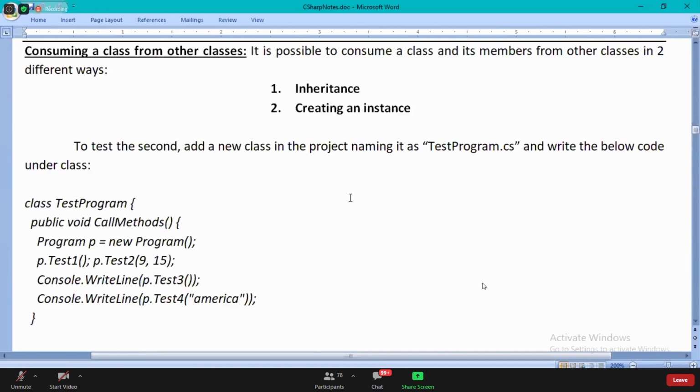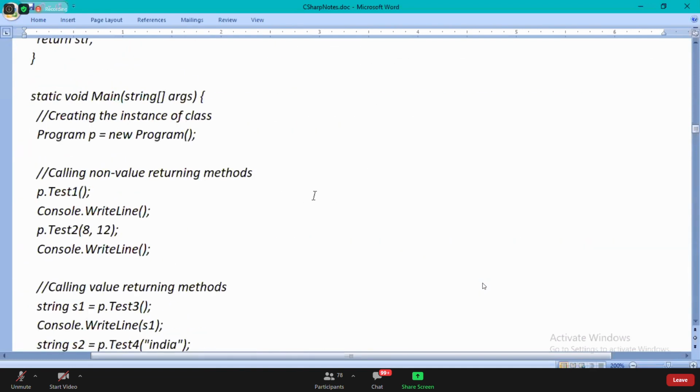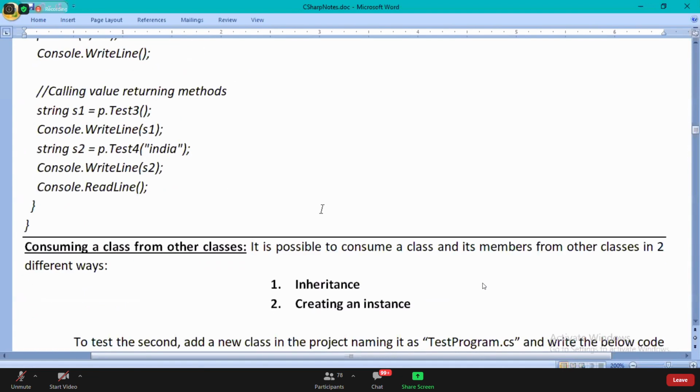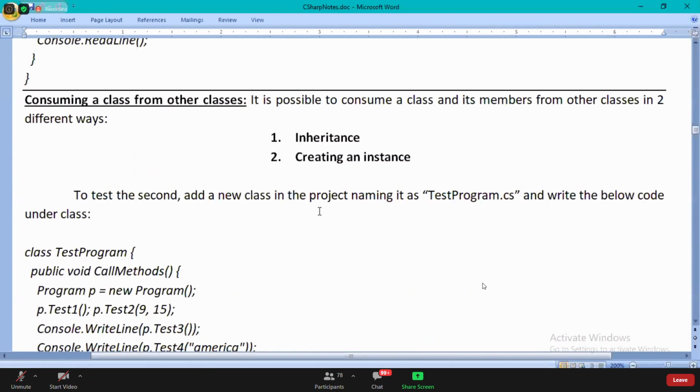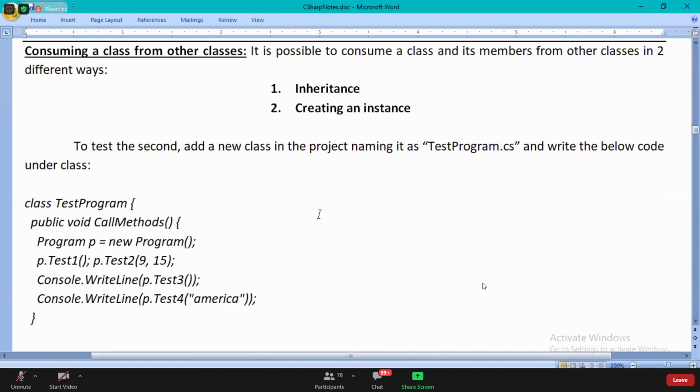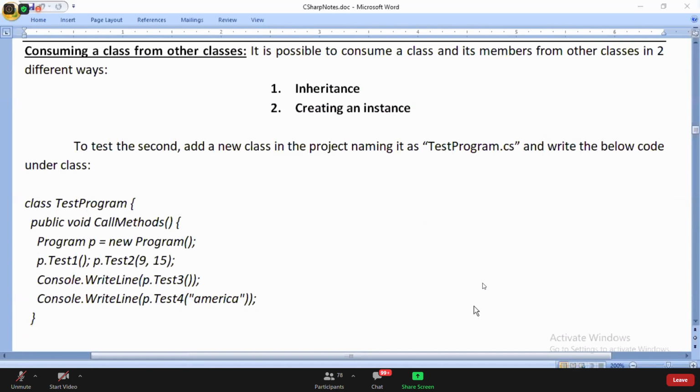Practice properly. Read each and every point. Practice debugging mainly. And from today onwards, I've given a task to all of you: you should be familiar with one program each day. I've given you so many programs in the past. Every day, just go through one program and become perfect at it.